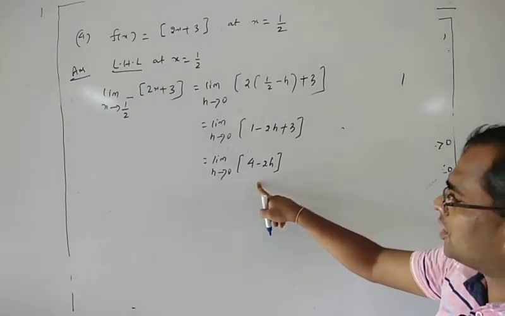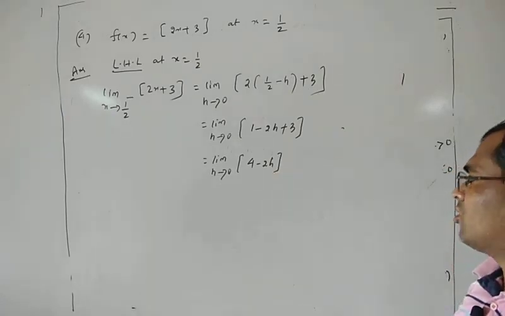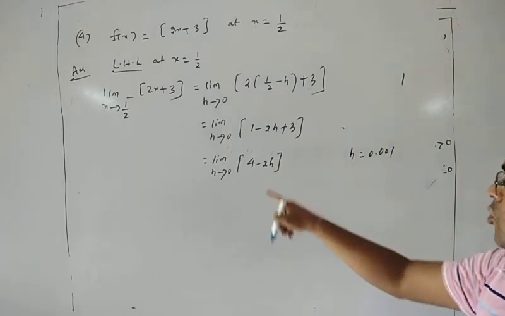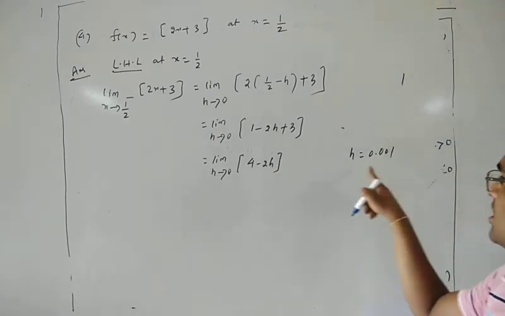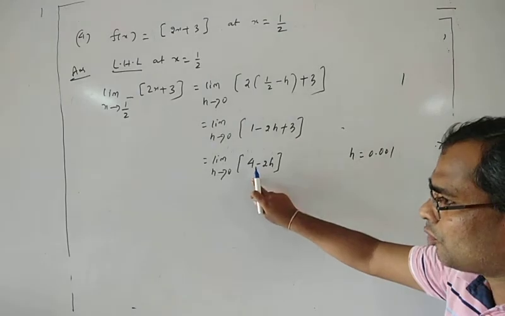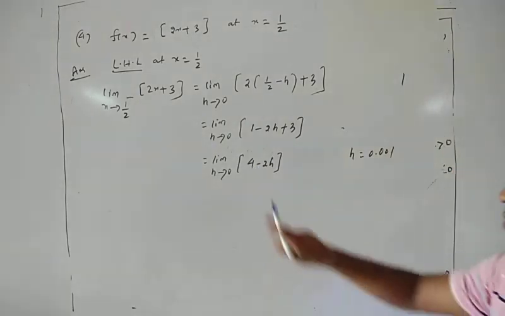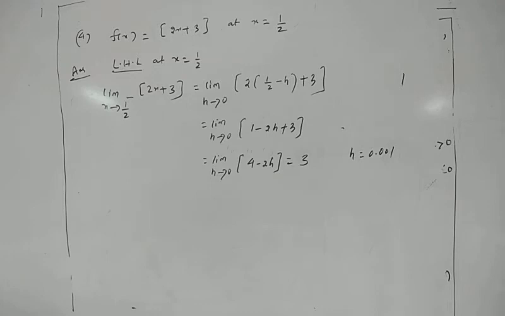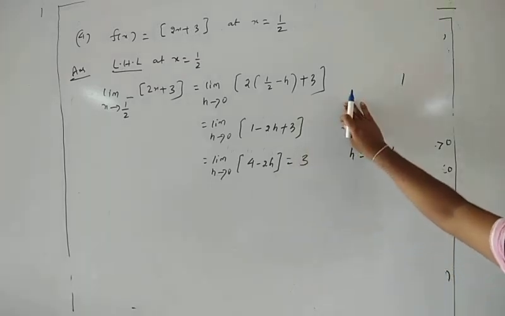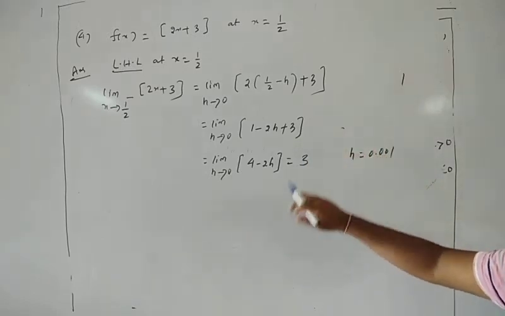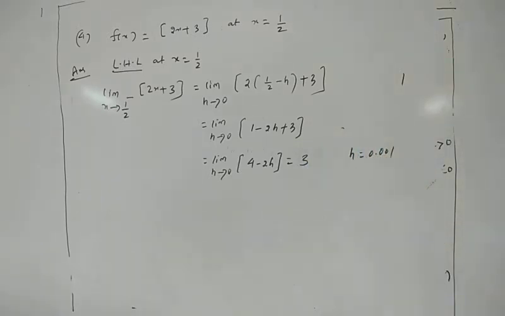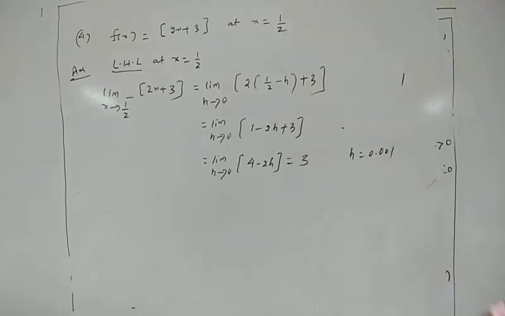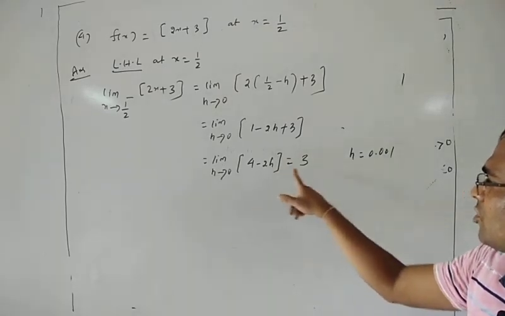Everyone, what integer will it be? Since h is a very small positive number, suppose you take h is equal to 0.001. So 4 minus 2h means 4 minus 0.002. So 4 minus something small will be 3 point something. So what is the bracket function of 3 point something? It is 3. It cannot be more than 3; it is the largest integer but not greater than x. The bracket x is the largest integer, which is less than the number itself, and next to it is a neighbouring number. So 4 minus something gives 3 point something, and the bracket function of 3 point something is equal to 3.